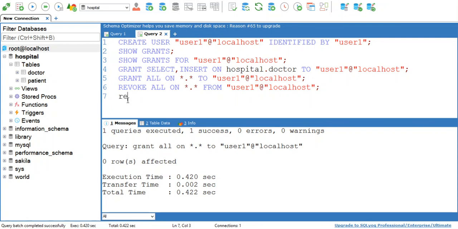If you want to revoke any operation, suppose I want to revoke select operation, I want to revoke insert operation on *.* from user1@localhost.